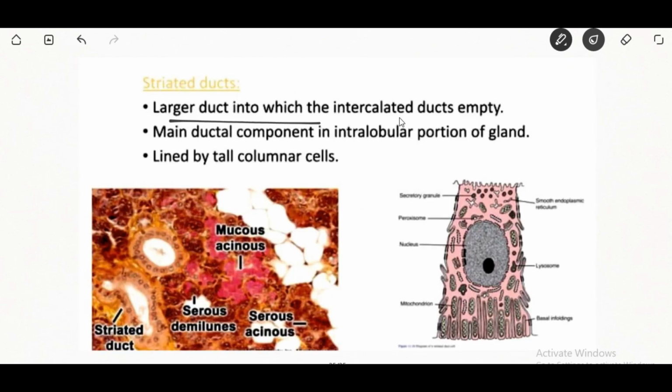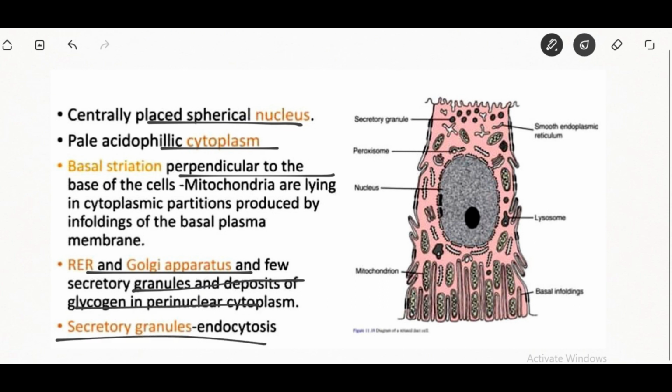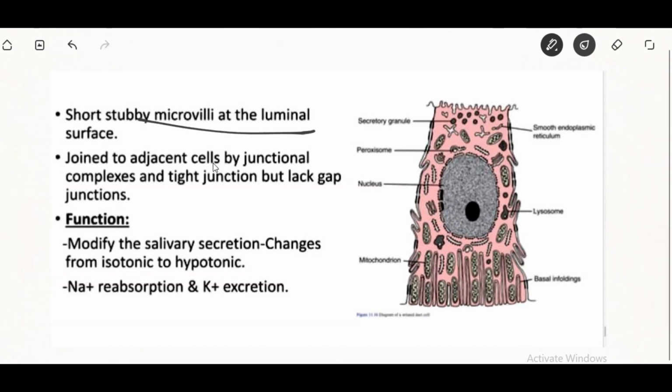Striated ducts. These are the larger ducts into which the intercalary ducts empty. They are the main ductal component in the intralobular portion of the gland. They are lined by tall columnar cells. They have a centrally placed nucleus with pale cytoplasm. The basal striations are perpendicular to the base of the cells. The mitochondria lie in the cytoplasmic partitions produced by infolding of the basal plasma membrane. Their function is to modify the salivary secretion, changing it from isotonic to hypotonic, along with sodium